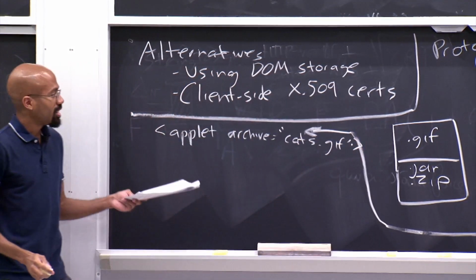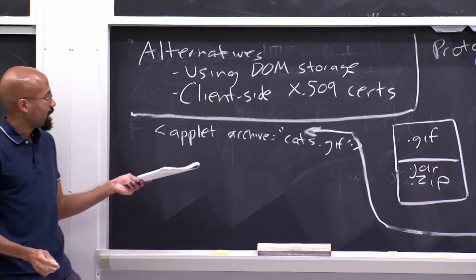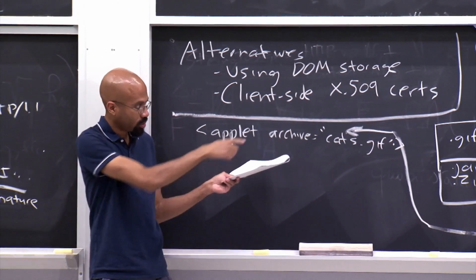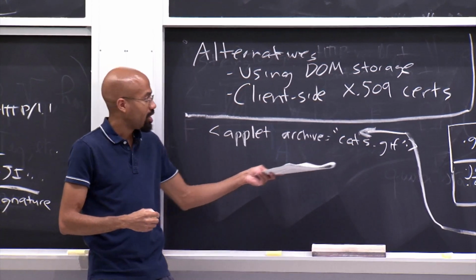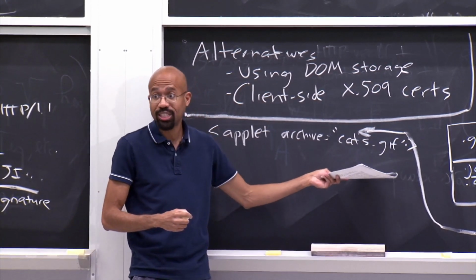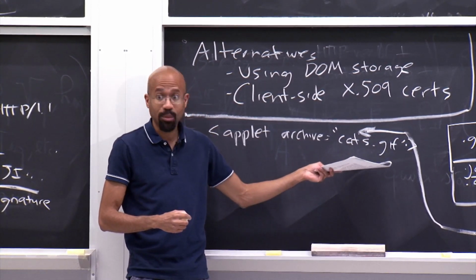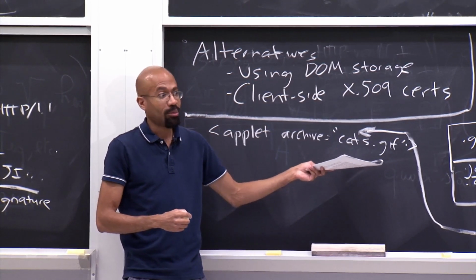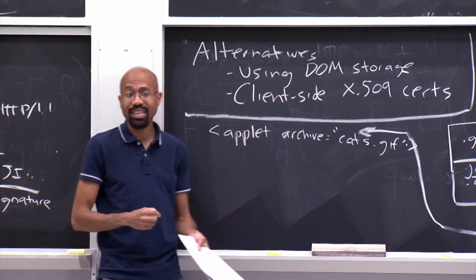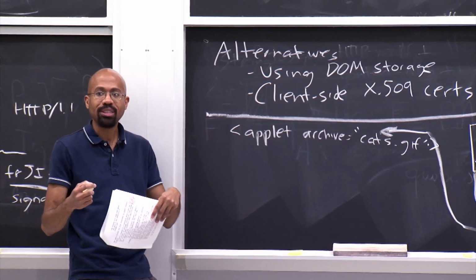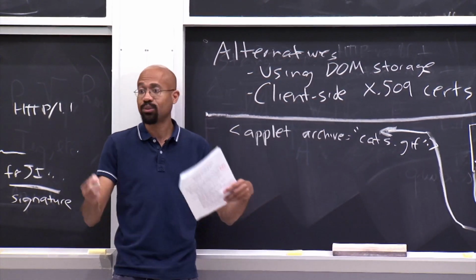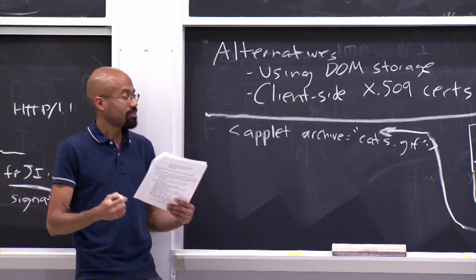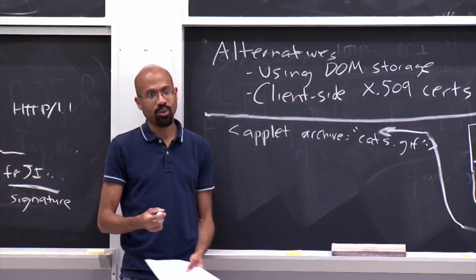Right? And so what's interesting about this is that this code, because we're using a cross-site scripting vulnerability, runs in the context of the vulnerable site. This has been uploaded to the vulnerable site's origin, so this will pass the same origin test. However, this code was specified by the attacker. And so now the attacker gets to run that Java applet in the context of the victim site, with all the authority of that origin.